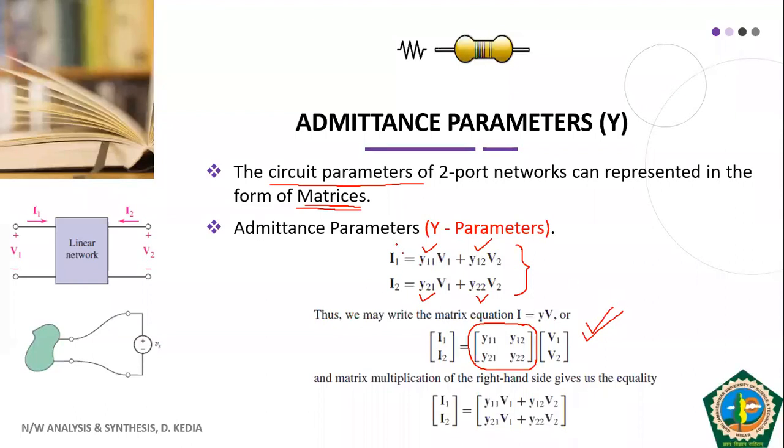So what we are doing, we are representing I1, I2 as a column matrix. We are also representing V1, V2 as a column matrix, and this Y matrix is a 2 by 2 admittance parameter matrix. And if you solve these